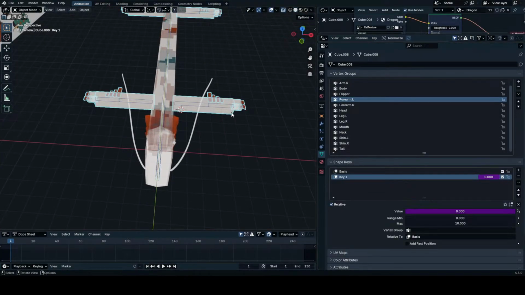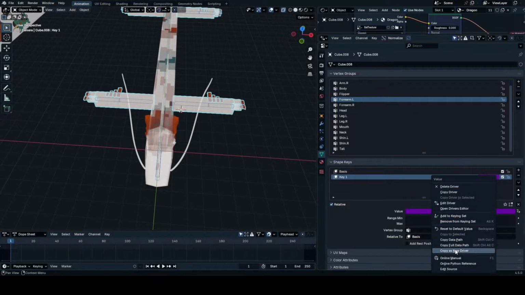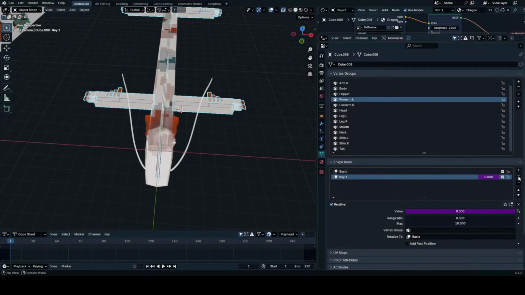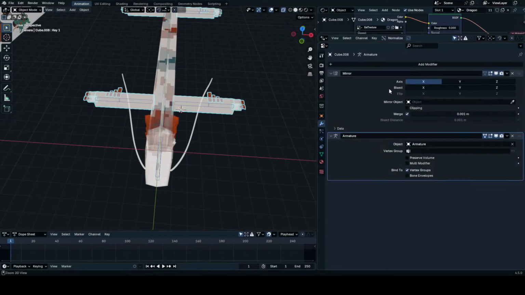Okay, and I also noticed one very annoying fact: the moment I mirror this, the shape key is gonna follow on the other side. It's not good. So I should just copy the driver, and then delete it. If I add a new one, yeah, okay, good. Because now I have to apply the mirror modifier. Wait, before I do that though,